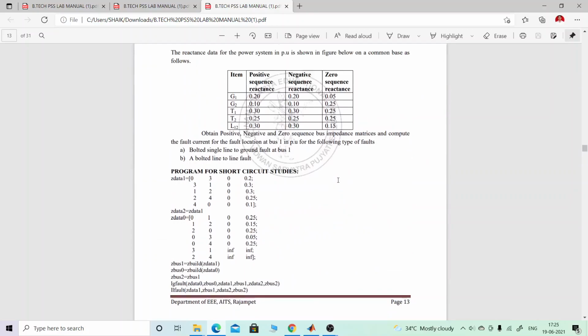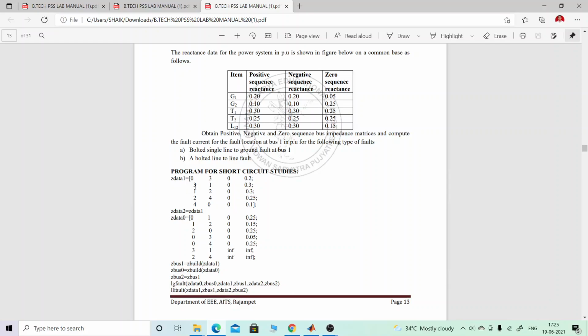Now we come to the topic Zdata1. That's regarding the positive sequence. So we are ensuring here from 0 to 3, with resistance of 0 and reactance of 0.2, this value.